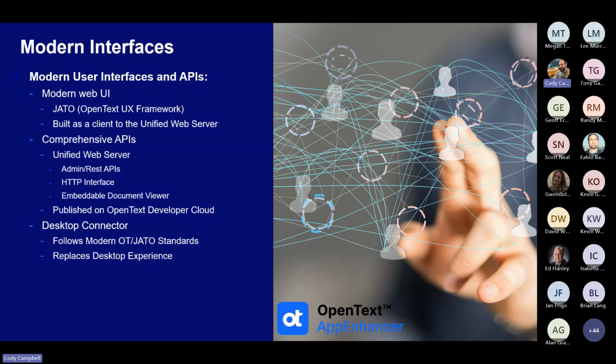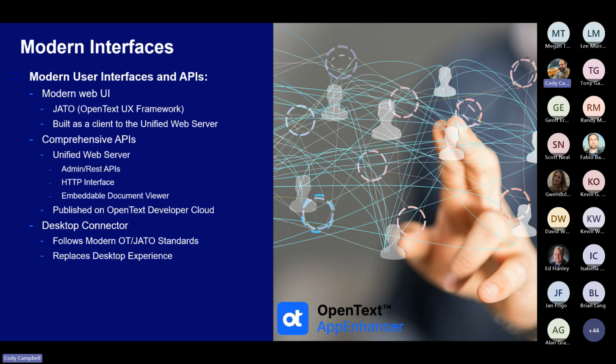And over time, we'll retire that old stuff as we're convinced that our customers are happy with what's in the new stuff. So for a little while, Fabio's team has to ship two sets of UIs for AppEnhancer: the classic legacy UI that we all know and love, and then the new JADO UI that we're going to look at today. And at the moment, they're going to look similar because some of the controls from the old are in the new as we slowly add the JADO related stuff into play. JADO has a lot of different parts, and we've done the login parts and the toolbars, and you'll see there's a lot of it there, but it's still being framed out. And so our goal is to have that done in 25.4.